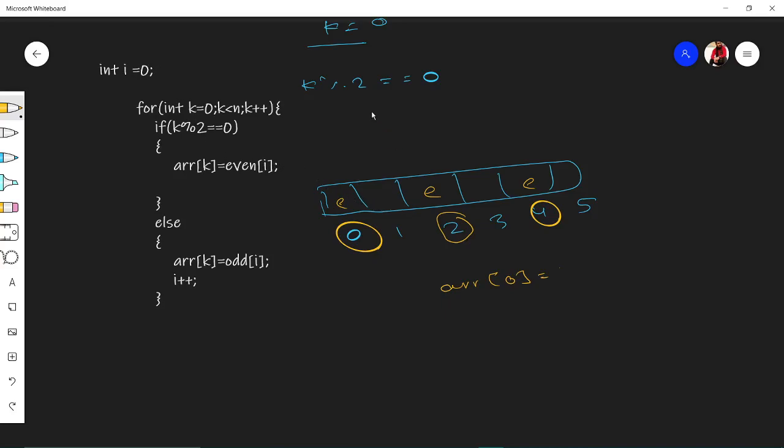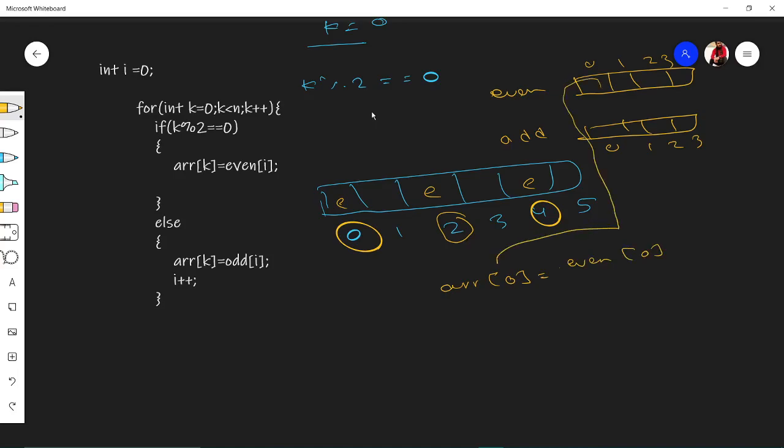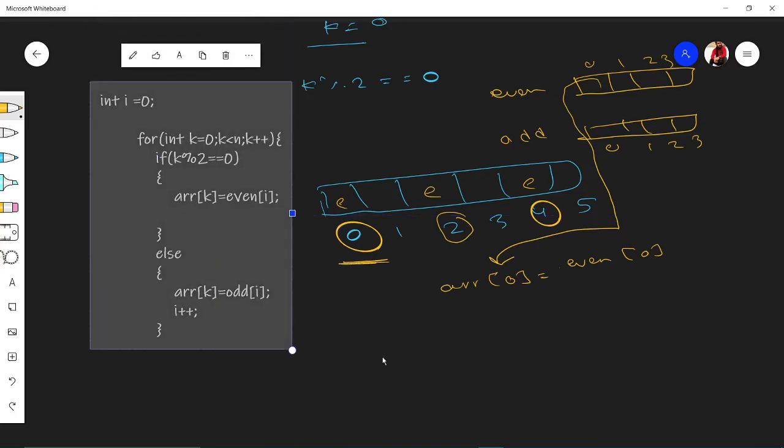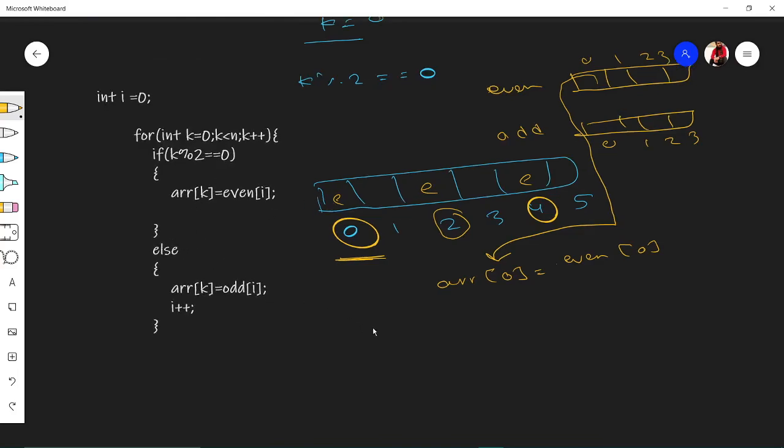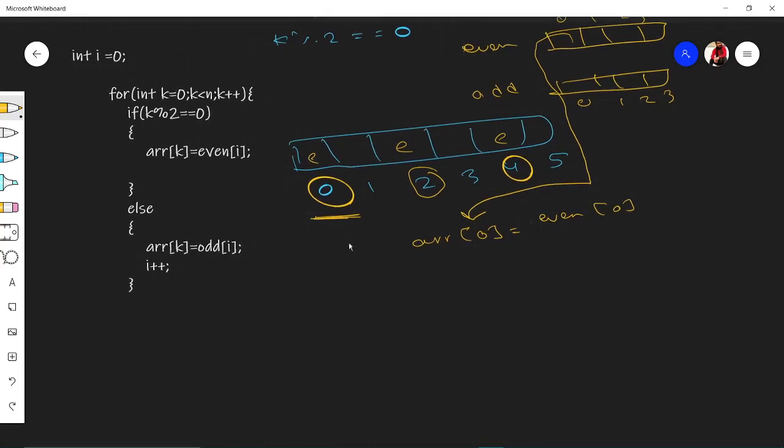i is equal to 1 here. So I'll just draw even and odd here. This is my even bucket and this is my odd bucket. So for example, these contain some values: 0, 1, 2, and 3. This is again 0, 1, 2, and 3. What this will do is take the 0th value and add it into the 0th value of the array, because the first value is even. Now we'll again run this loop. This will enter the else condition because it's odd now.